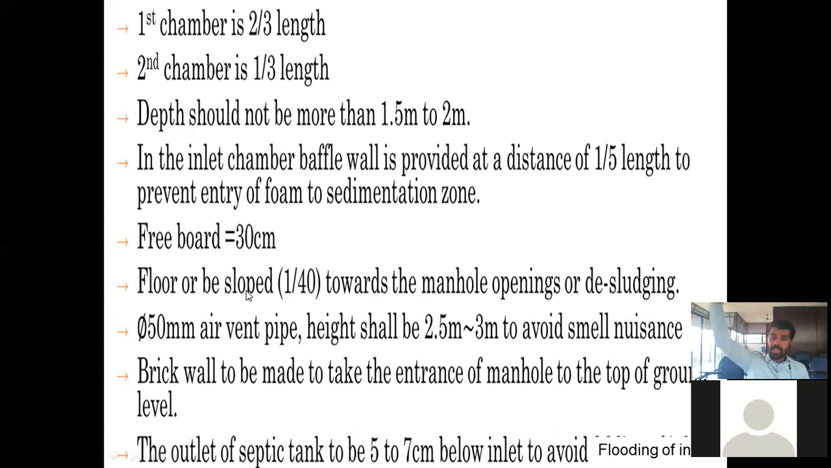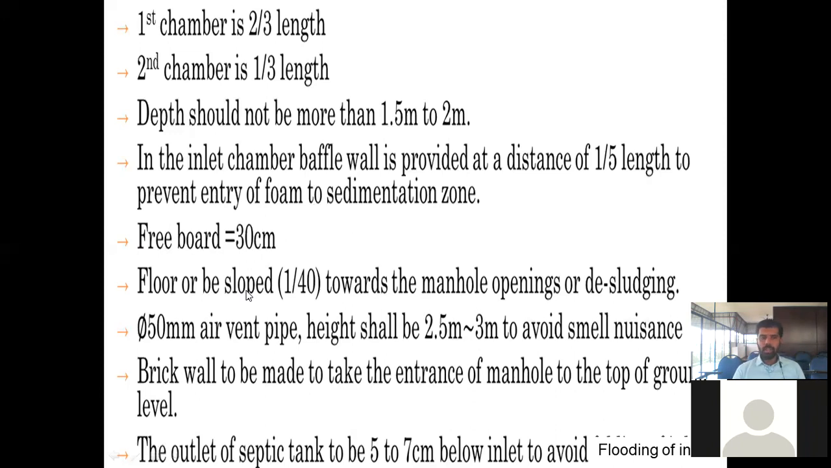There can be one manhole or two manholes depending upon the chamber. So it should be sloped towards the manhole opening for desludging. When they come for desludging, they have to take it from there, so the slope will be at that level only. And the next thing to keep in mind is that a 50 mm air vent pipe